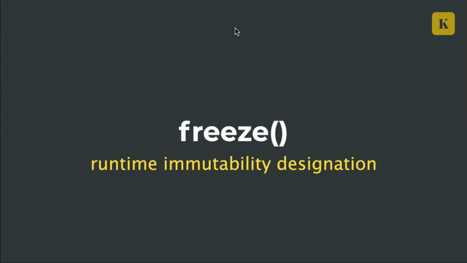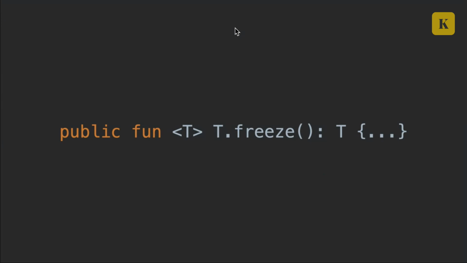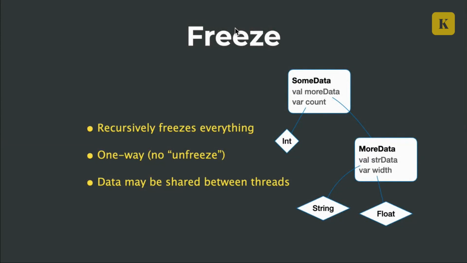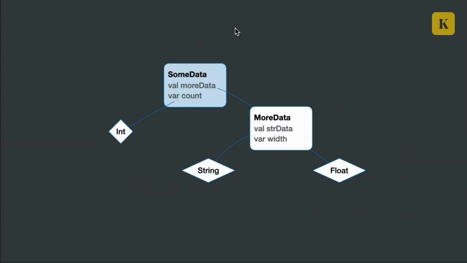There is this thing called freeze, and freeze is a runtime immutability designation. There's a function on everything in Kotlin called freeze that you can call. When you do it, it recursively freezes everything that object touches. It's a one-way operation. You can't unfreeze. But once you do that, data may be shared. Once you freeze, it means you can't change any of that stuff anymore. It kind of looks like this, although it actually checks everything first, then goes back up. But anyway,